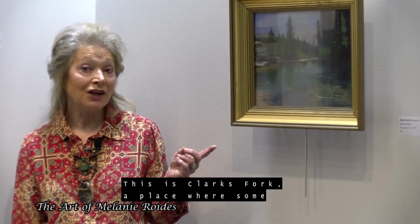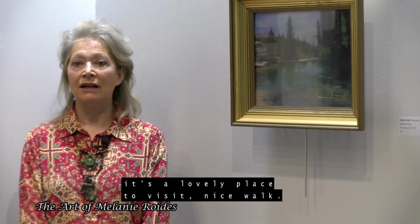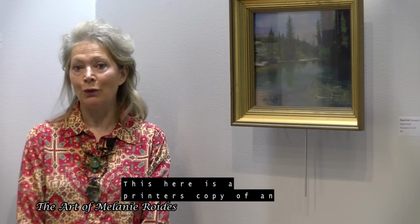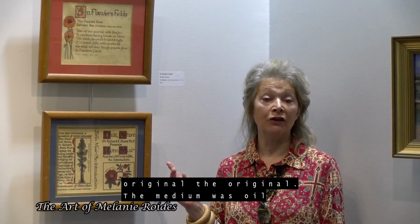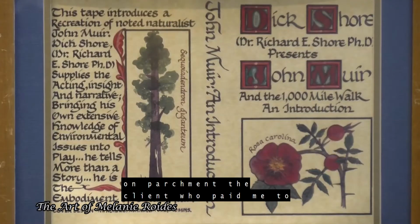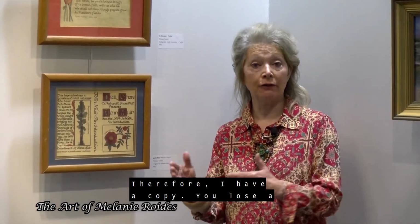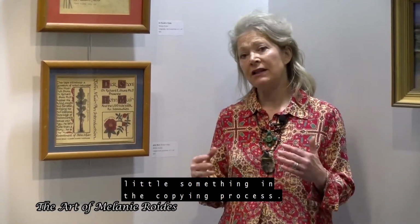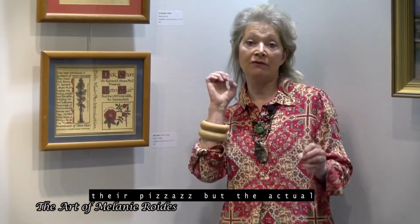Here's another painting from Yellowstone. This is Clark's Fork, a place where some of the locals go to swim actually, and it's a lovely place to visit. Nice walk. This here is a printer's copy of an original. The original, the medium, was oil on parchment. The client who paid me to design this for him has the original, therefore I have a copy. You lose a little something in the copying process. These illuminated letters lose some of their pizzazz,